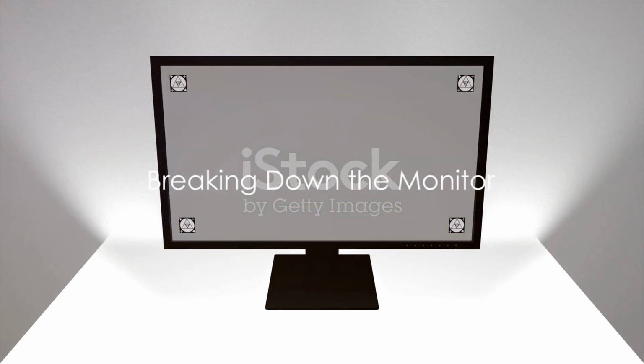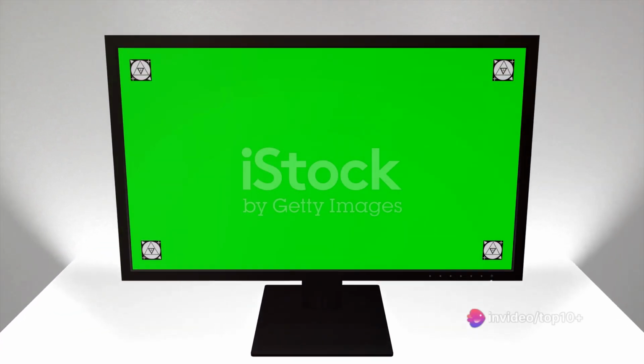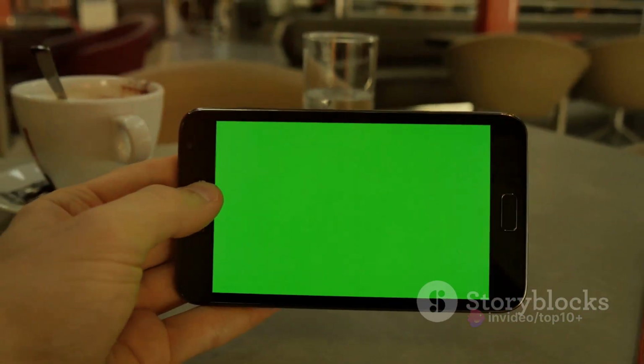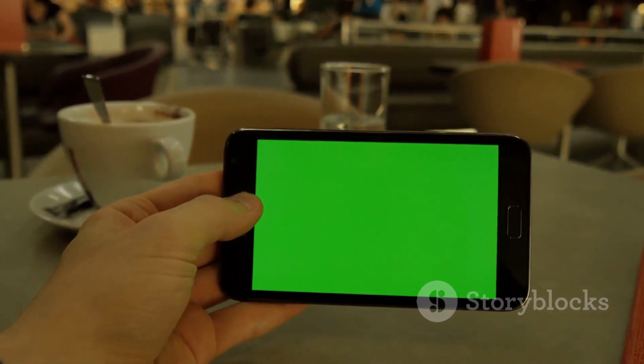Think of a monitor as a complex puzzle, each piece playing a crucial role. Let's dive into the major components that make up this intriguing device. First up is the screen. This is the face of the monitor, the part you interact with the most. It's much more than a mere display panel. It's a sophisticated piece of technology that translates electrical signals into the images and videos you see. Whether it's an LED, LCD, or OLED screen, its job is to present visual data in the most accurate and